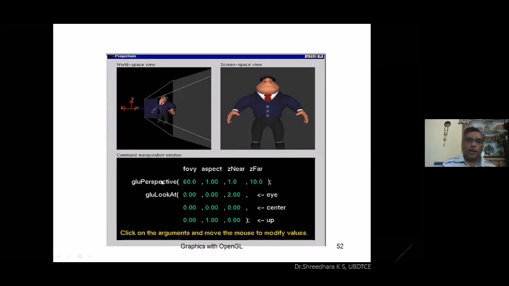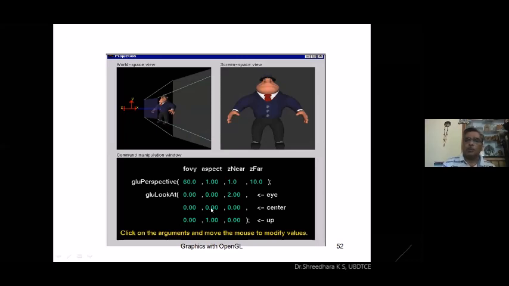The 4 parameters for gluPerspective are fovy, that is the angle, the aspect ratio of your window, zNear and zFar. These 4 parameters specify the perspective projection requirement, along with the lookat function's eye position, lookat position, and camera position, the 9 parameters.